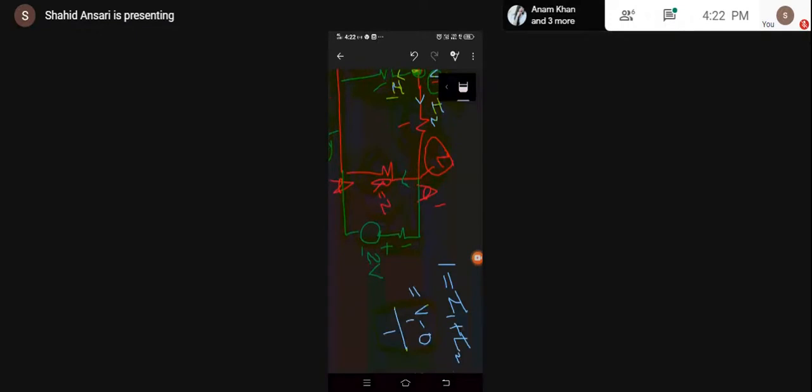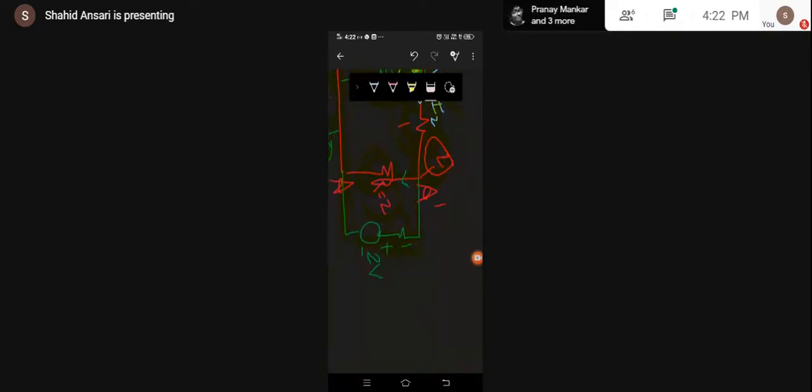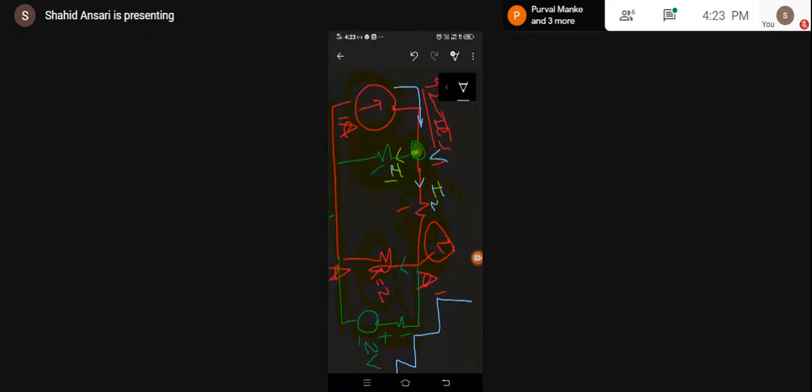Again, for applying KCL at any particular node, you don't need to write down all this. You need to simply apply KCL. How? Simply look at the passive elements. How many passive elements are connected with node V1? We have this 1 ohm, we have this 1 ohm. No need to write down I1 and I2 again, and not even their direction. This one has a voltage of V1, and this one has a voltage of V2.